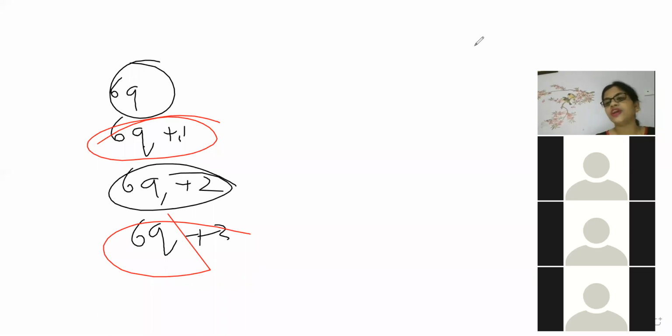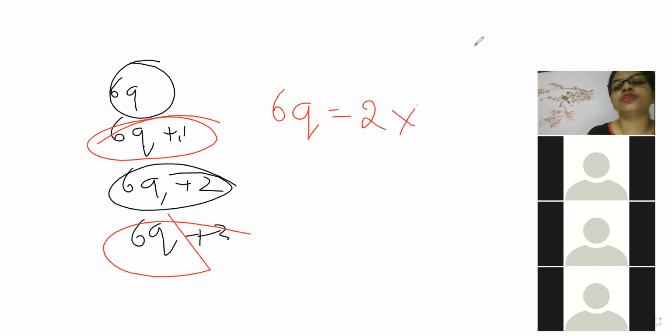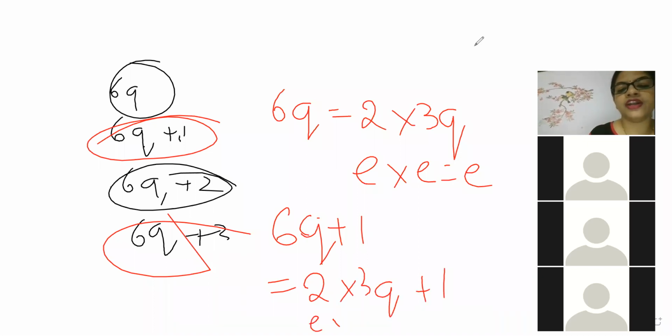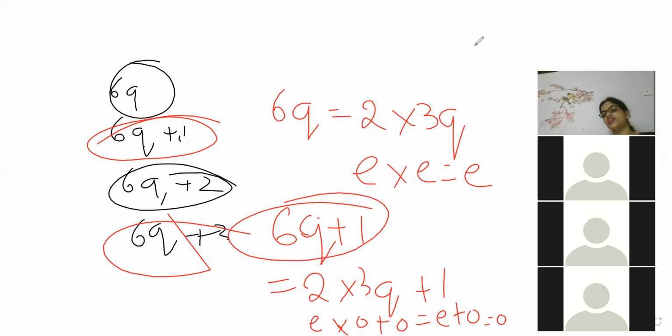So this is what they told to prove now. And for proving what you did, you wrote that 6q is written as 2 into 3q. So even into even is giving even. 6q plus 1 is 2 into 3q plus 1. Even into odd plus odd. So even into odd is even. Even plus odd answer will come odd. So see, this one is odd integer. And this is what they told to prove. Correct, Kamya. And that is what I proved in the previous section.